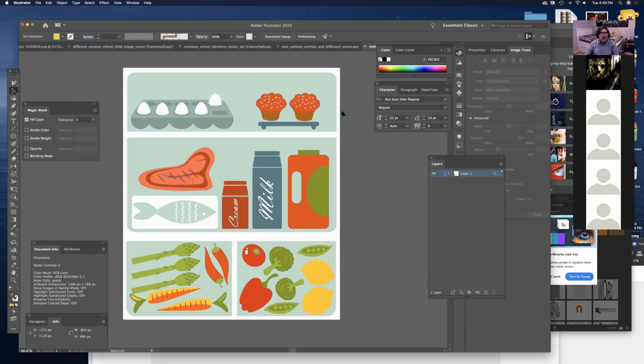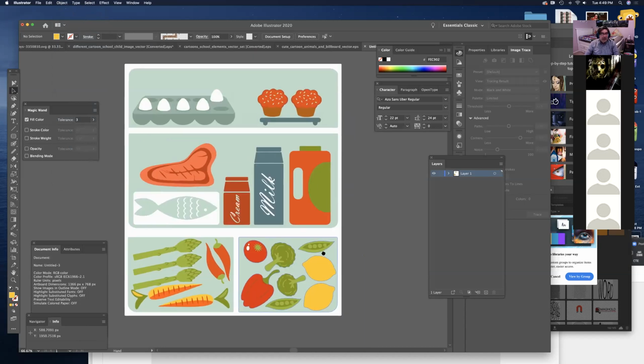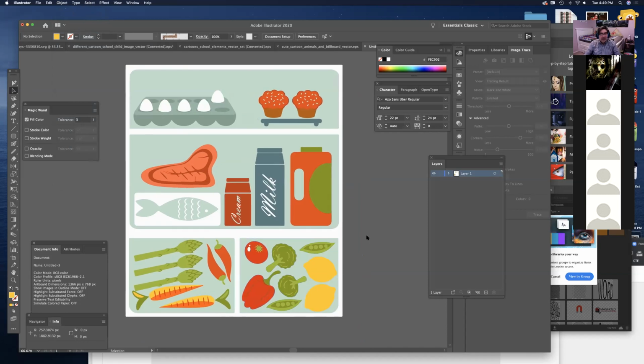So once I ungroup, you can see that these are all, actually, I think there are multiple groups going on over here. So another thing you can do is, rather than ungrouping several times to get through the complexity of the hierarchy of groups,